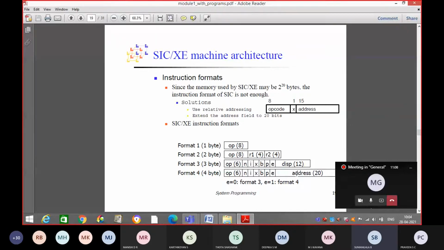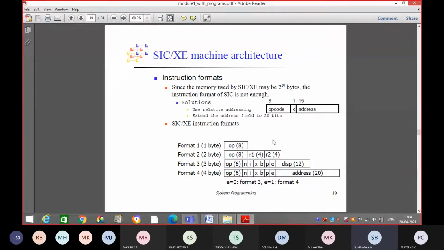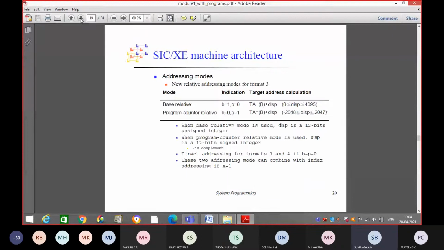Okay, so this is what you have seen in the last class. Next we'll continue with the instruction sets we have in the SIC machine. While calculating the displacement, if the displacement is in the range minus 2048 to plus 2047, then we have to take the program counter relative addressing mode. Suppose the displacement we calculate is beyond this range, that is, beyond minus 2048 to 2047. At that time the displacement will be a positive number between 0 and 4095, and we are going to use the base relative addressing mode.